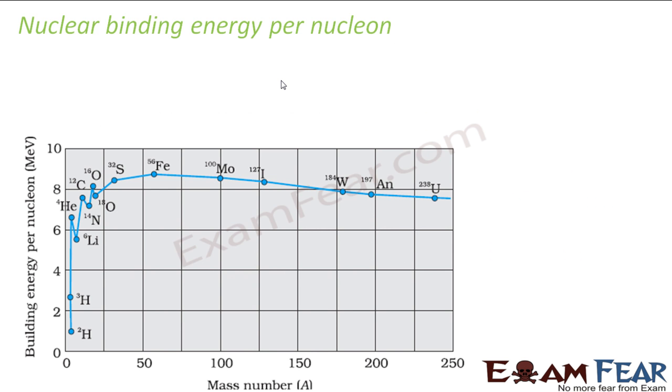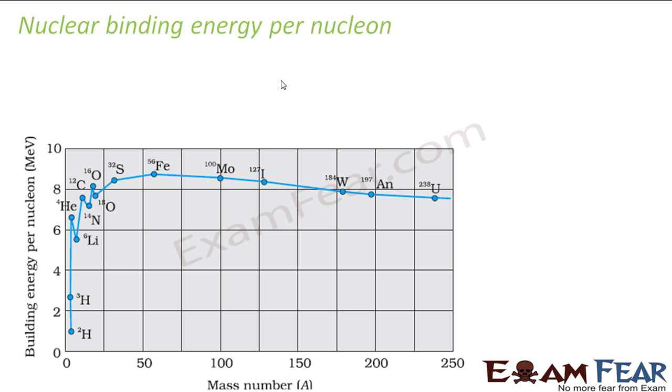A yet better term is known as nuclear binding energy per nucleon. I am trying to generalize things more. Until now we have been talking about nuclear binding energy, so this energy will keep varying with every atom because the nucleons will keep changing. But if I define nuclear binding energy per nucleon, the number of nucleons part goes away because I am defining it per nucleon. So it becomes more generalized.